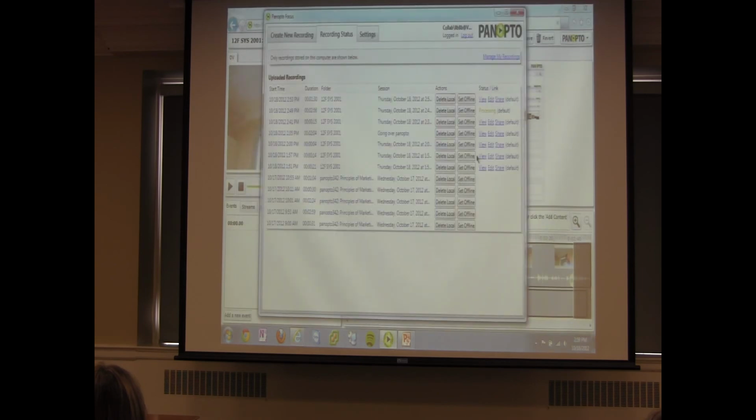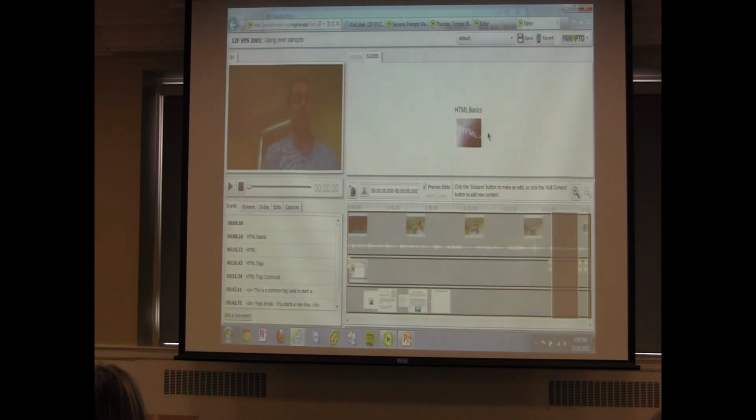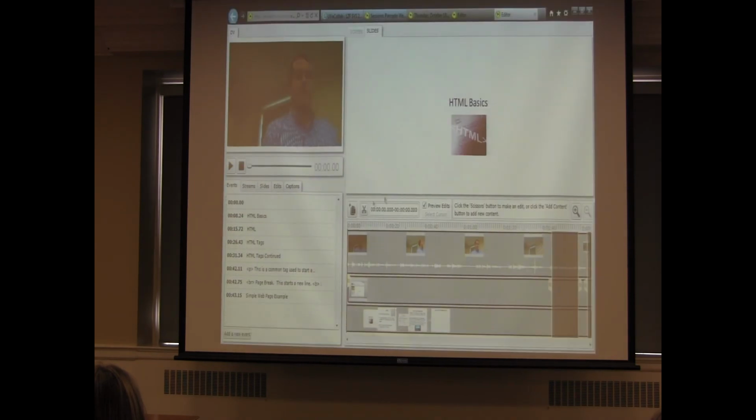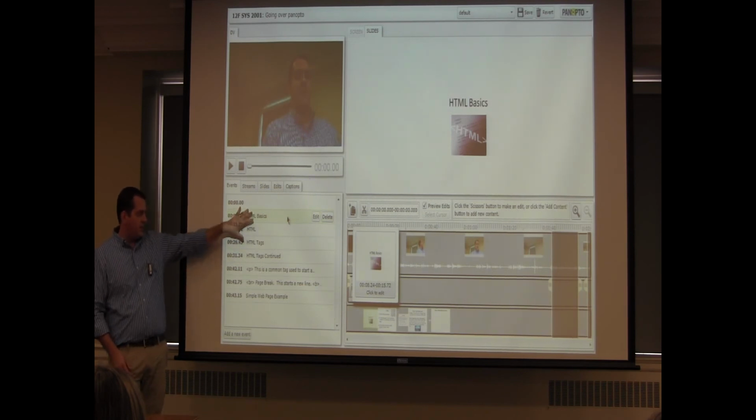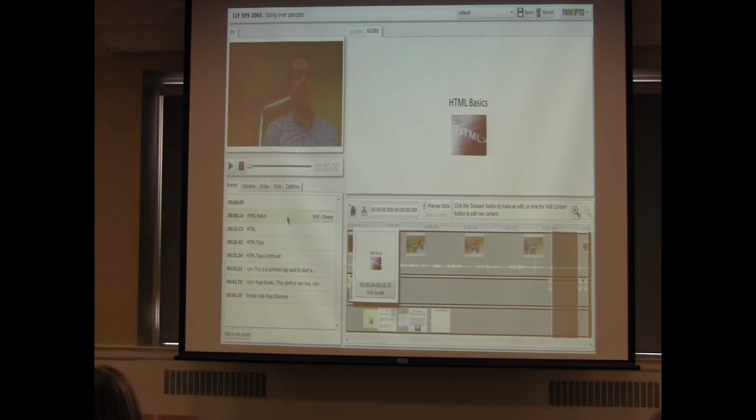Let's open a session that has PowerPoint. There we go. So you can see that this is the table of contents that gets automatically created. And they get time stamped automatically, so 8 seconds in, that's when I showed this slide, 15 seconds in, that one. This is what we automatically create. If you don't like the text that we're creating, you have an option to edit that after the fact. So if you want to